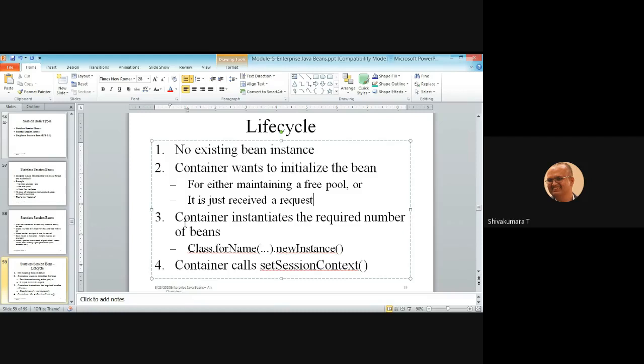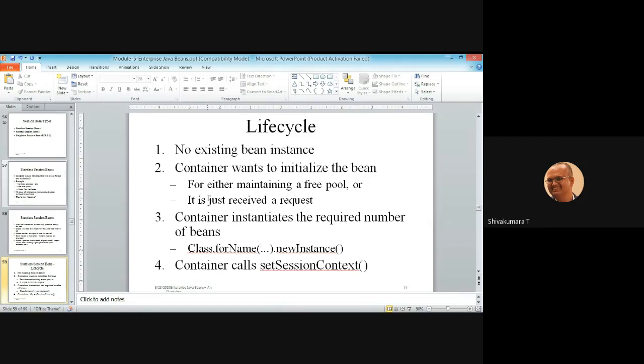The third stage of the life cycle is that the container instantiates the required number of beans. For the container, one request needs one instance, and 100 requests need 100 instances.